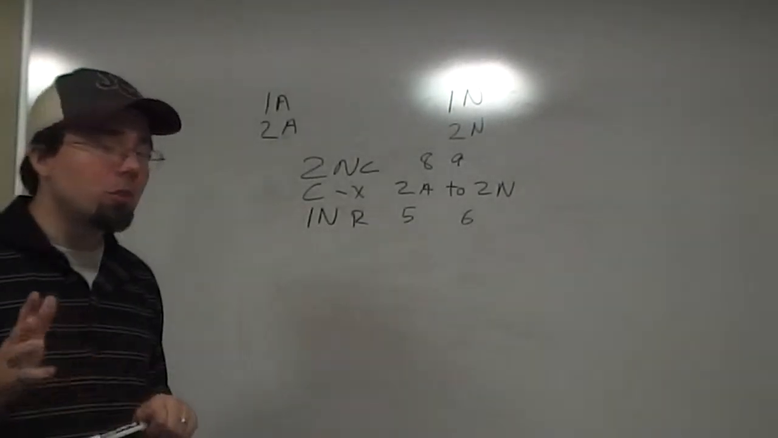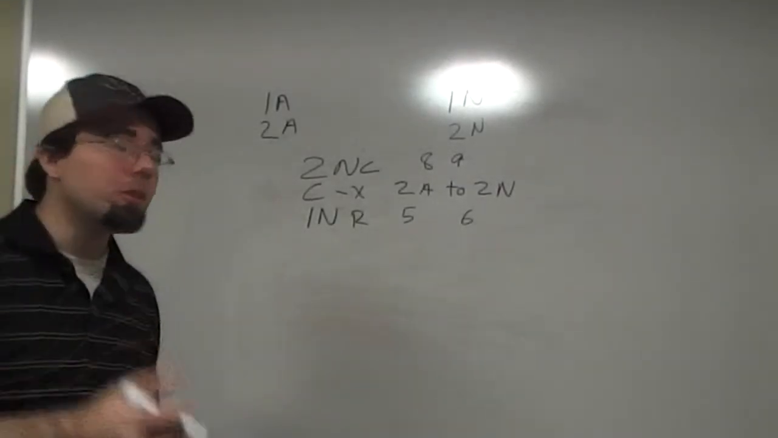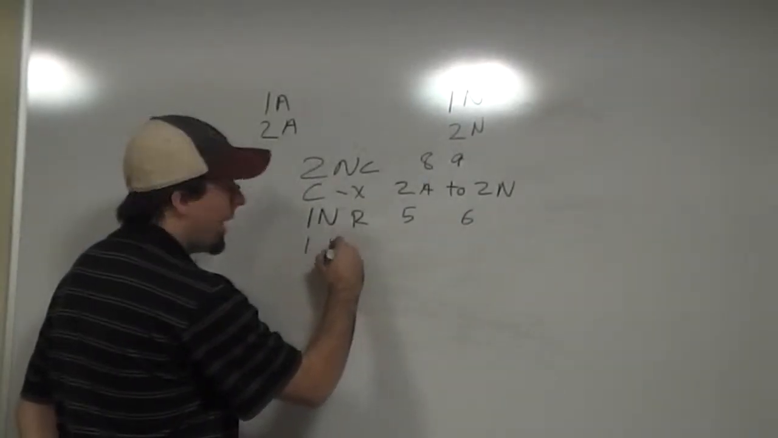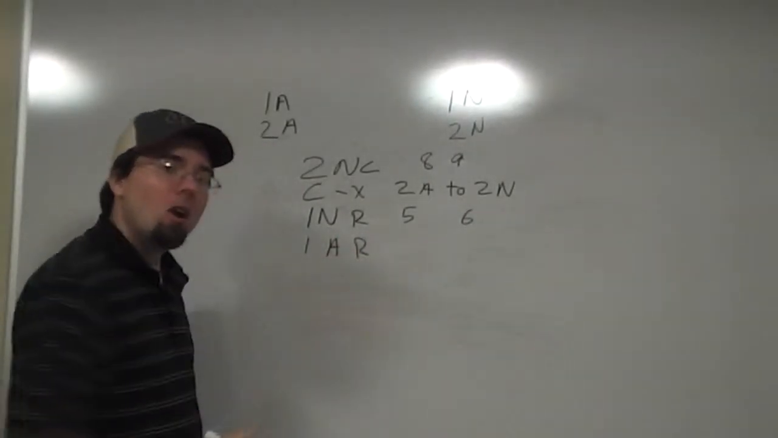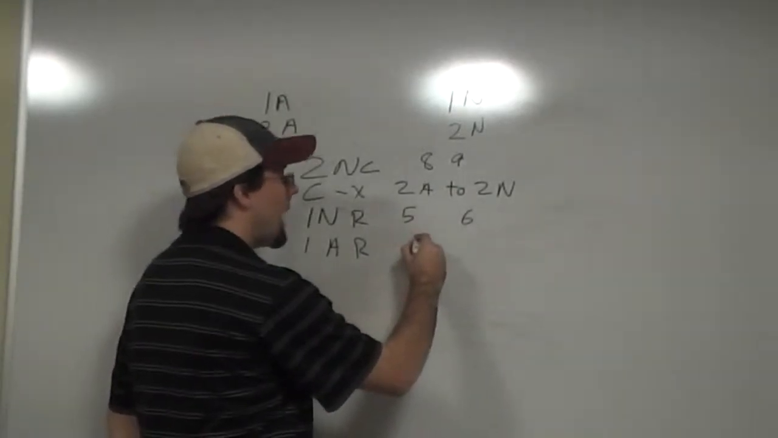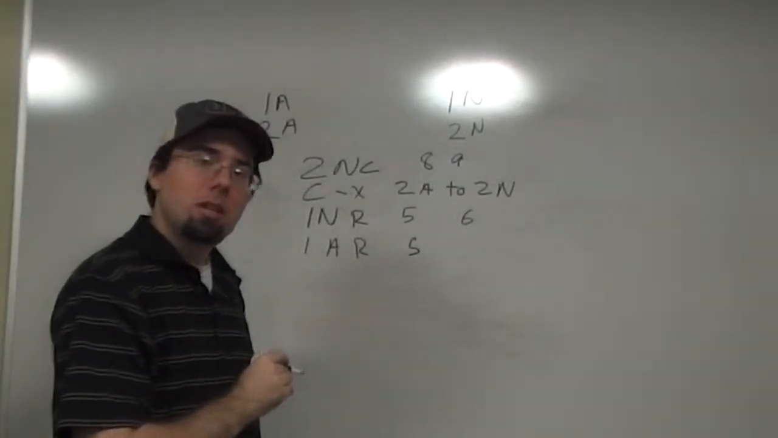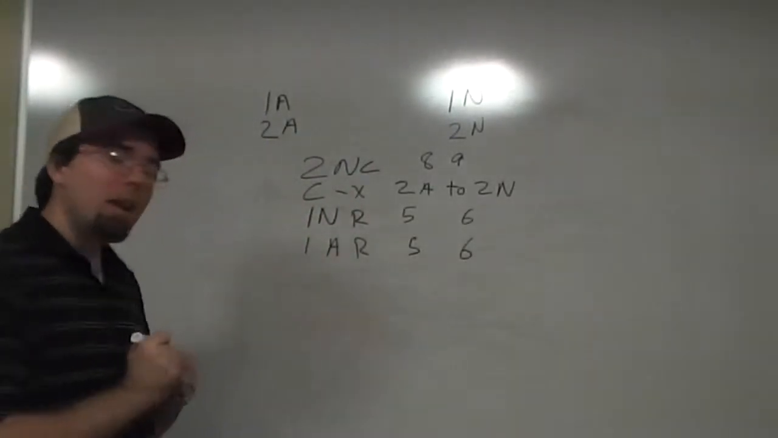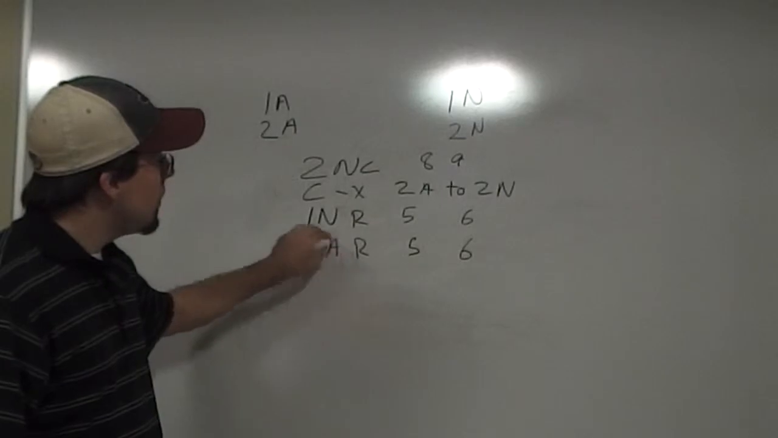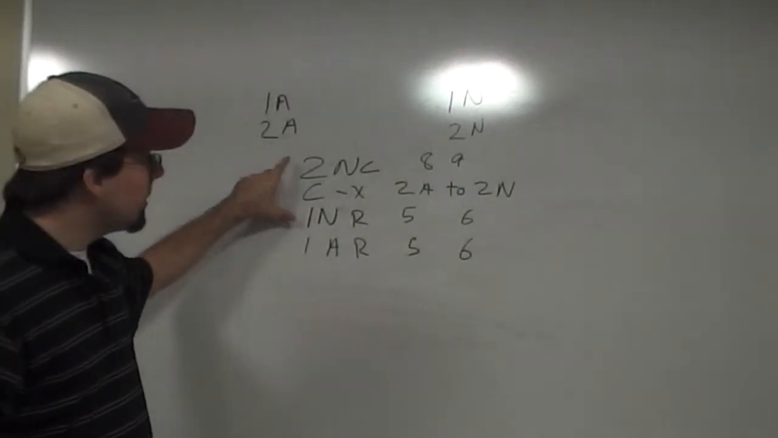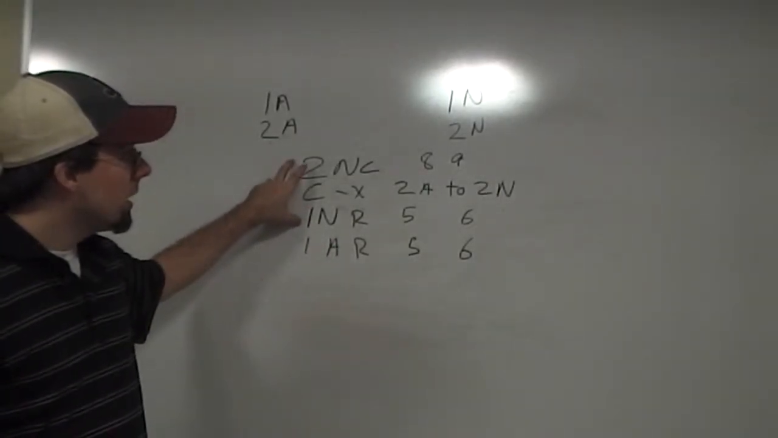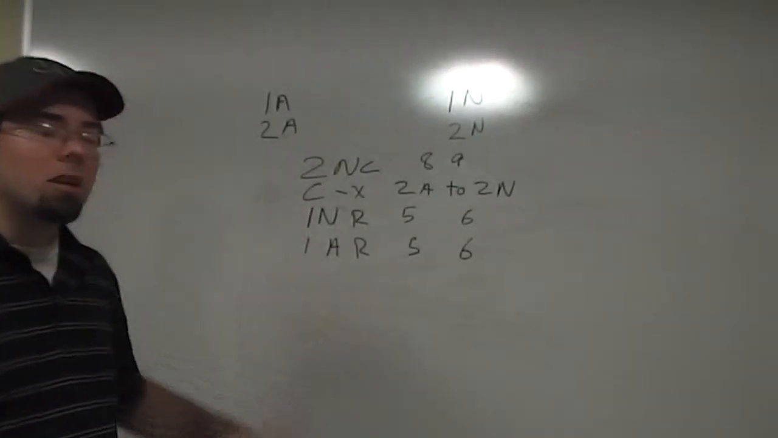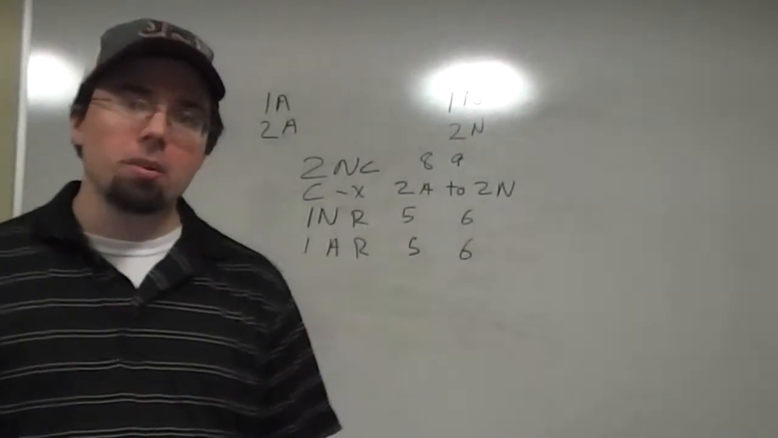After the 1NR, there is no cross-examination period. We simply move to the first affirmative rebuttal, or the 1AR. The 1AR, again, is 5 minutes in high school and 6 minutes in college. And the 1AR's job is to answer the arguments that were presented in the negative block. So the 2NC and the 1NR, they're going to answer those arguments,